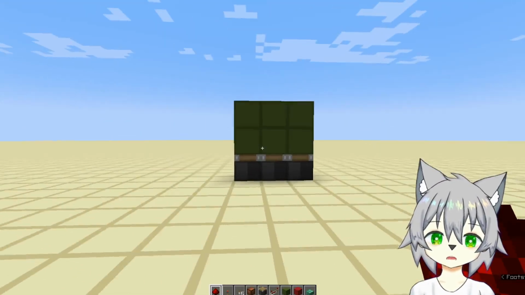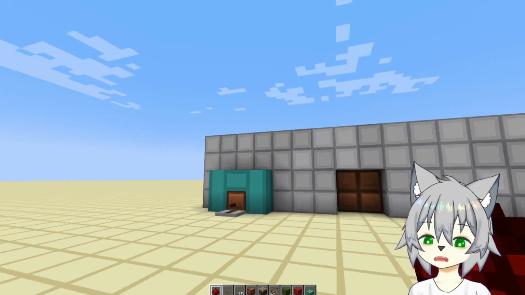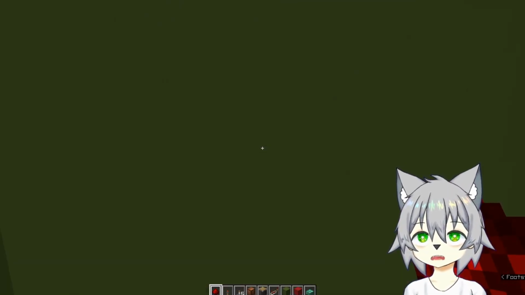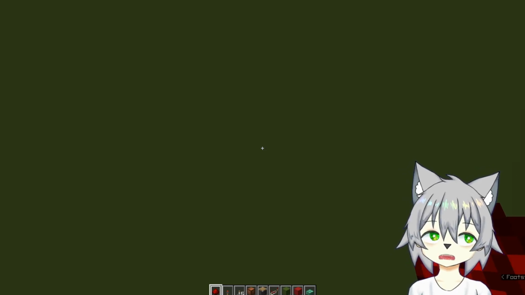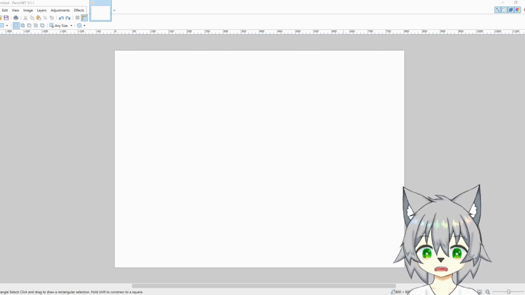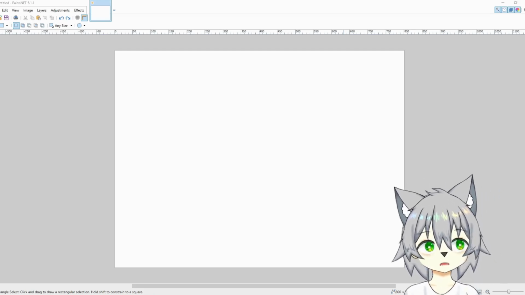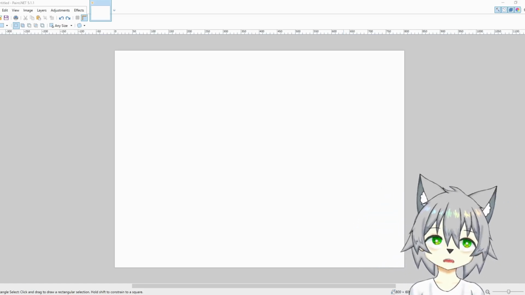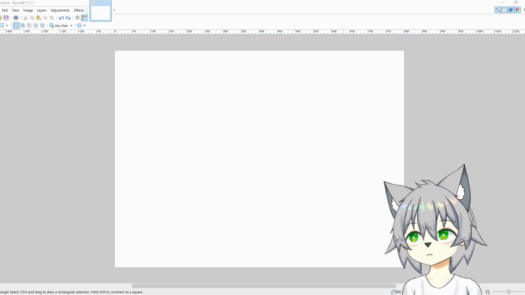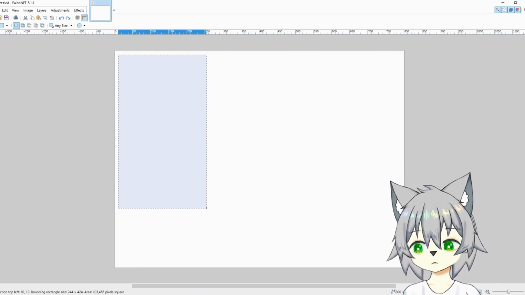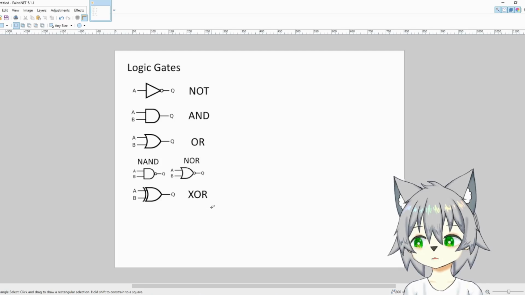Now before we begin, we will first see a lecture and then we will build a circuit, which we shall see on the screen here. There are three parts to logic circuits: the logic gates, the circuits themselves, and then truth tables, which you've already learned a bit about, but they help to understand how every single input leads to certain outputs. Now, let's go ahead and reveal the first part of our